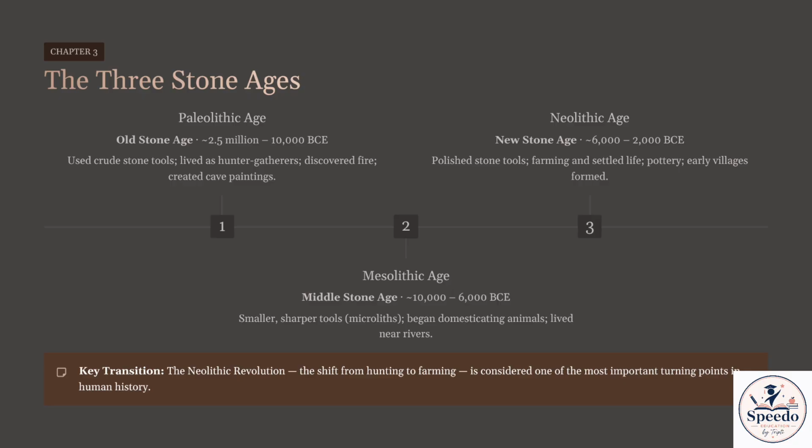Next is the Mesolithic Age, Middle Stone Age. After the Paleolithic Age comes the Mesolithic Age, also known as the Middle Stone Age. During this period, humans began improving their way of life. Stone tools became smaller, sharper, and more efficient. These are called microliths. People still hunted animals and collected food, but they also started fishing and slowly began domesticating